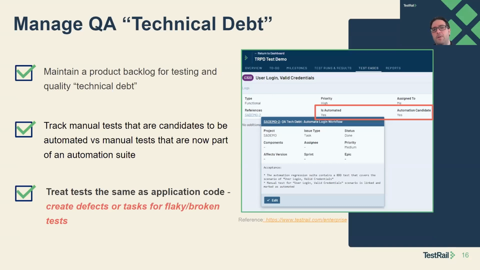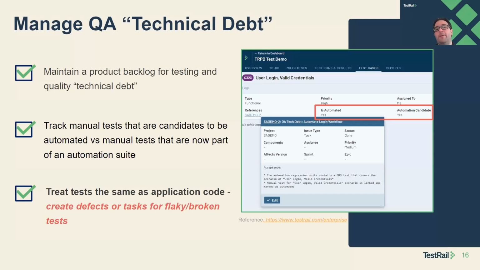We've added some custom fields so we can highlight whether we have a manual test case, which this is, whether we want to automate it. And then if it has been automated, we can mark that as well. And then I went ahead actually with their Jira integration, and we linked the actual Jira artifact that did the automation work to automate the manual test case, linked it and referenced it to the manual test case.